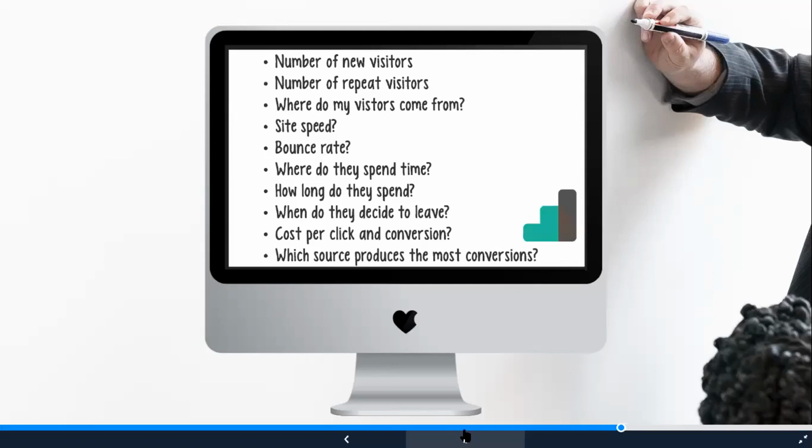If you are spending a budget on social media, on Google, on search engine optimization, how do you know which one of those platforms are driving the most traffic to your website if you're not measuring it?